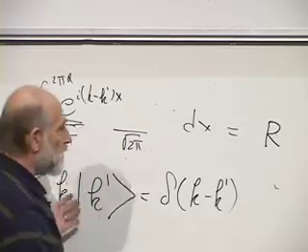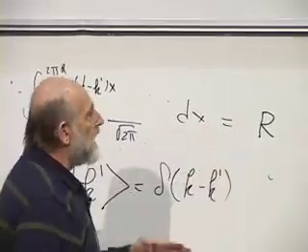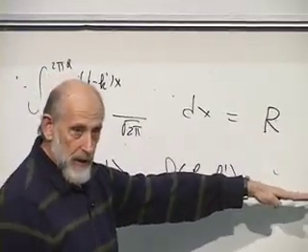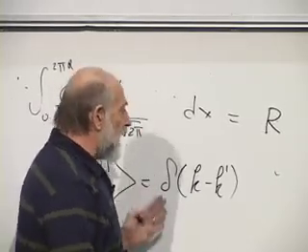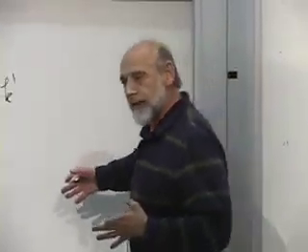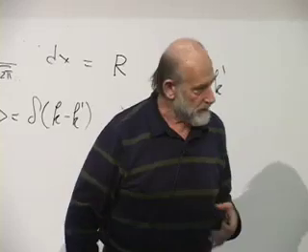In other words, an inner product which was 1 now becomes an inner product which is very large if k is not equal to k prime. That it happens to be a delta function, a legitimate delta function, is something that you can prove, but I simply wanted to show you at what stage, at what point, the stretching of the vector took place. The stretching by the factor of square root of r. Okay, that's one